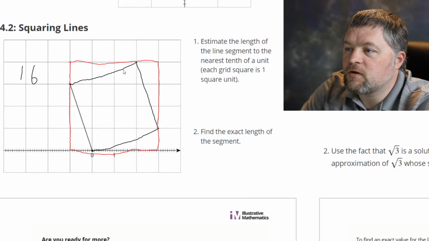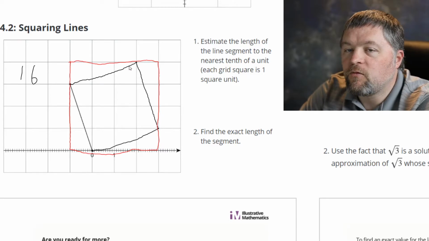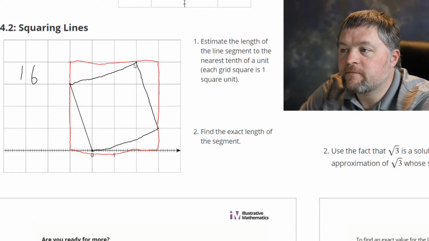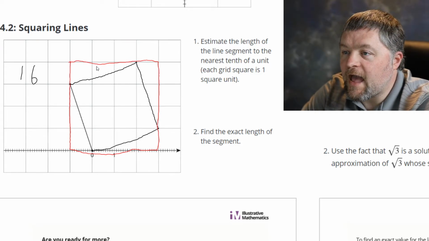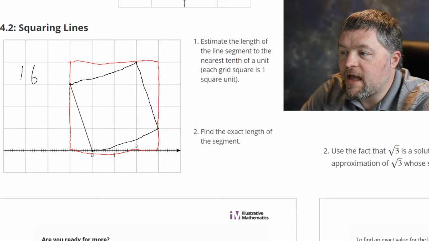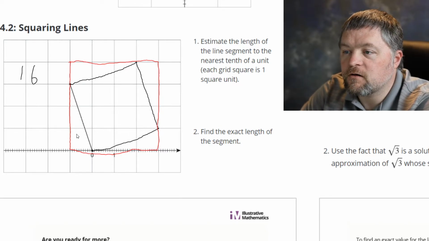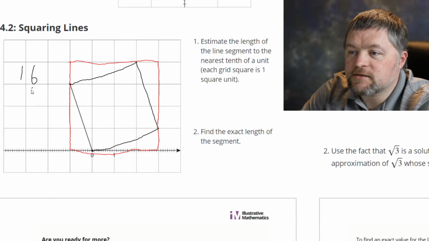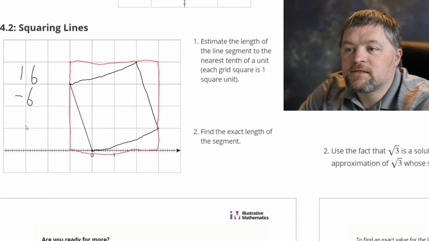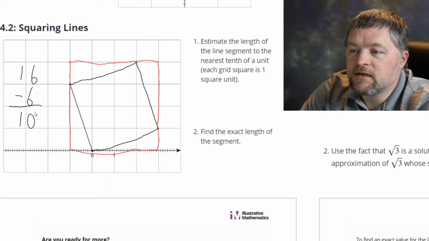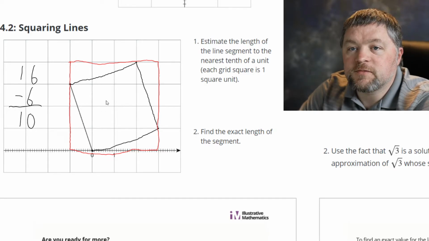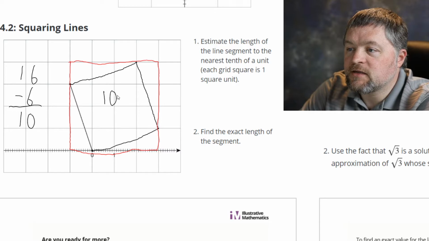They are 1 unit by 3 units. 1 times 3 is 3. Over 2 is 1.5. 1.5 times 4 is 6. 16 units subtract 6 units is 10 units, which means the area of this square is 10